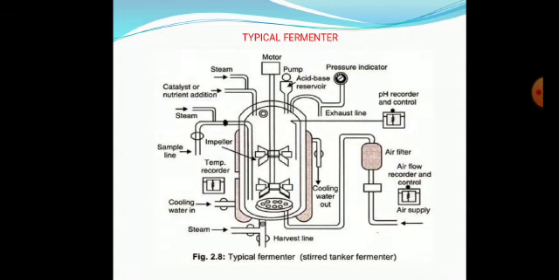One end you can see, left hand side, bottom, cool water will enter inside. The right hand side of the wall, you can see the water is coming out. So this is water circulation to keep the fermenter cool. And apart from that, in the diagram you can see so many pipelines.